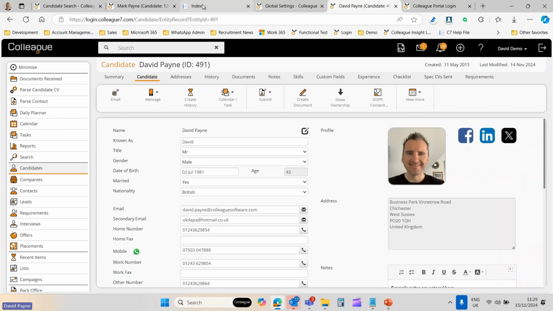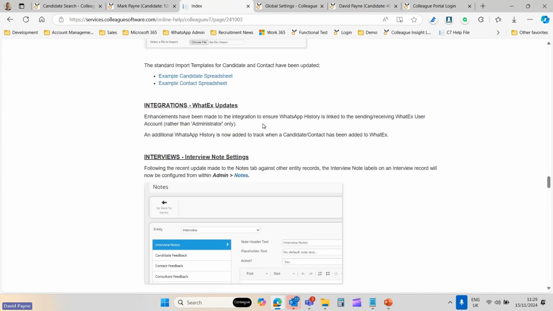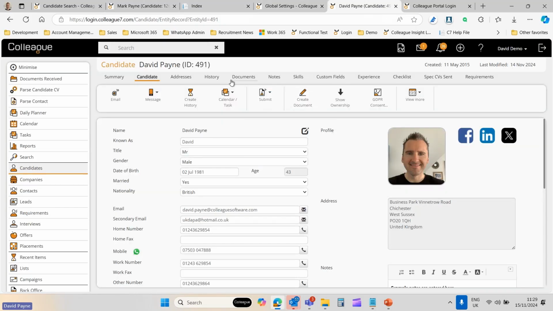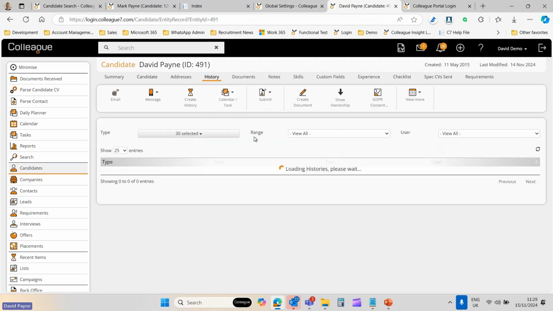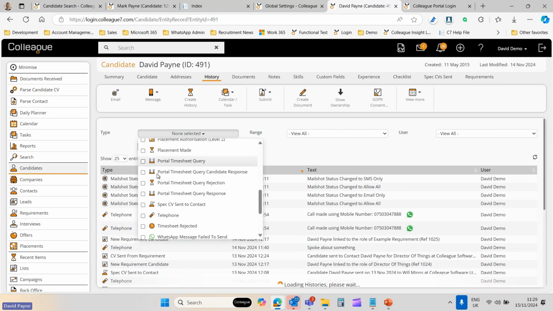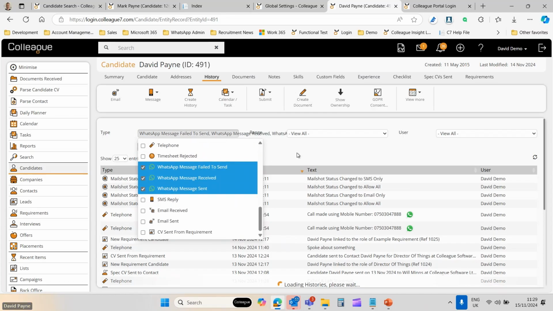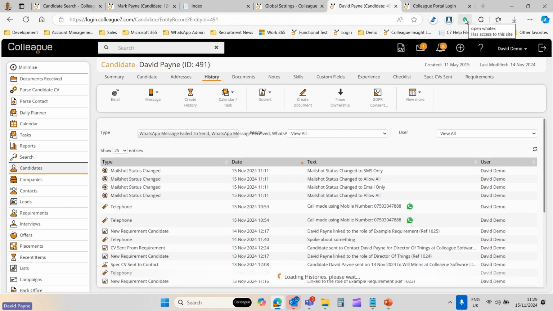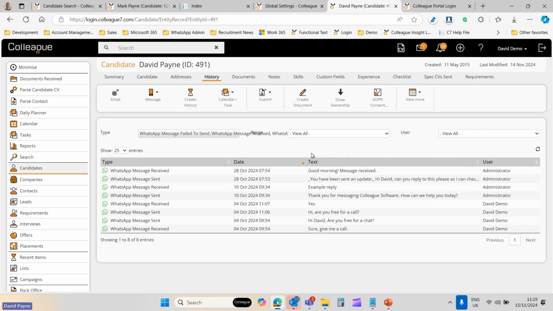But updates wise, we updated the ability to link a history to a specific user. So historically, the WhatX histories were specifically linked to just the administrator login. So when you looked at a WhatX message, let me bring up some WhatX messages there. When you looked at a WhatX message, it would basically give you the user as being administrator, as the person that logged it. Whereas now what it will do is it will actually advise the specific user that sent the message. So it's a more enhanced way of obviously